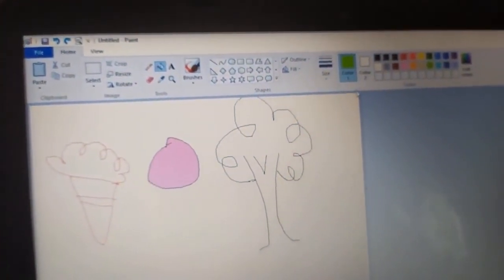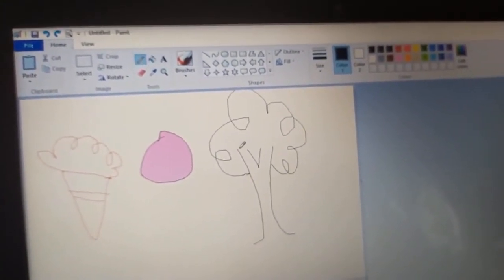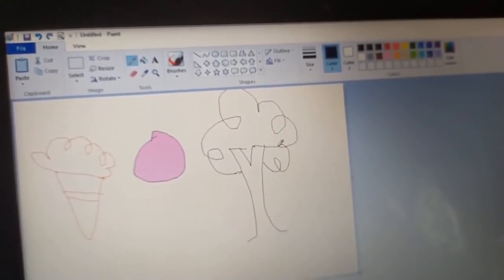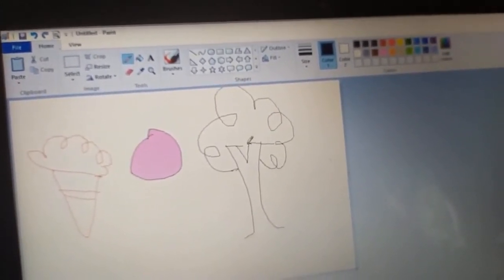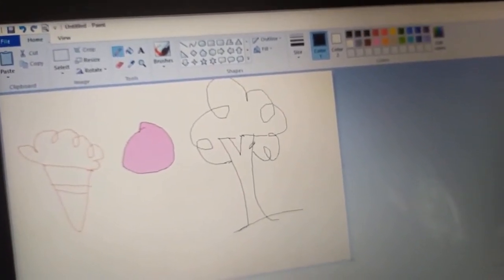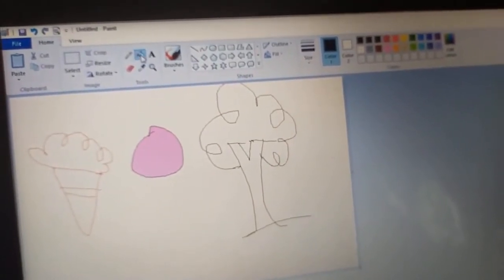So let us first close the open edges. Now let us see, is it working or not?